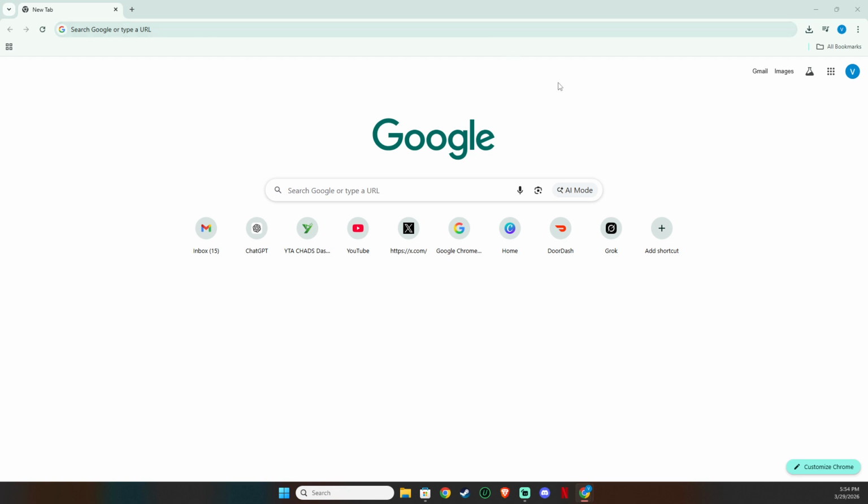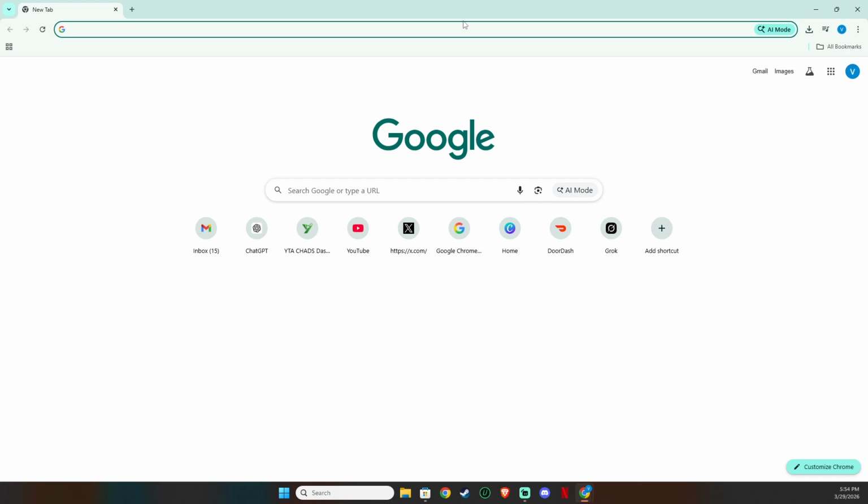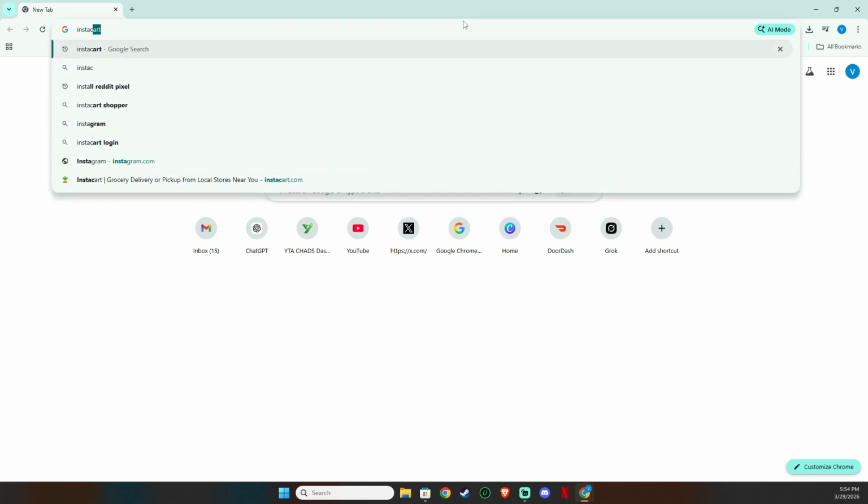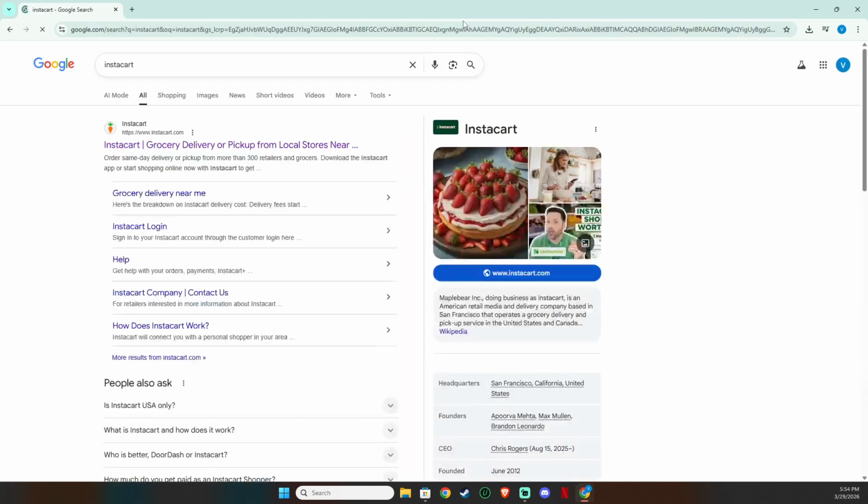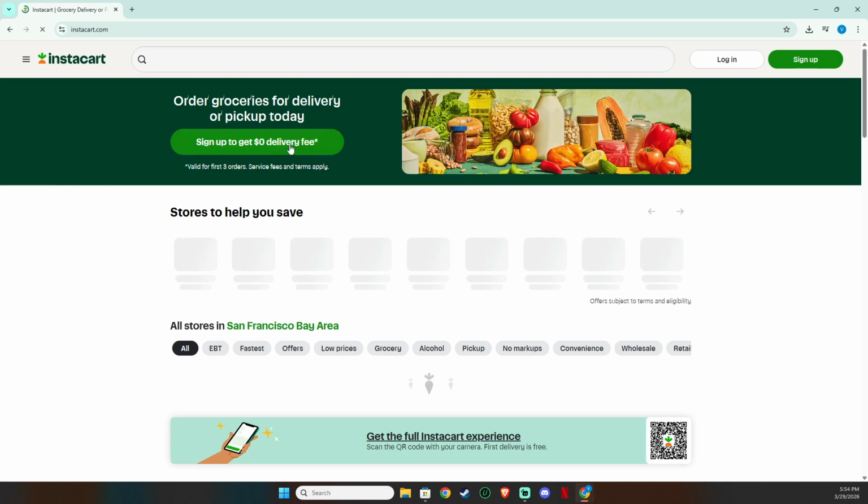Google Chrome, Microsoft Edge, and other Chromium-based browsers work best for this. With the browser open, head to the search bar and type Instacart, then press Enter. In the results, choose the official Instacart website. You'll know you're in the right place when the page loads and you see the familiar Instacart homepage with shopping